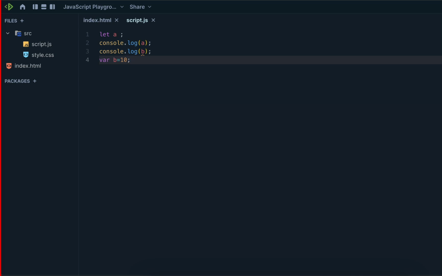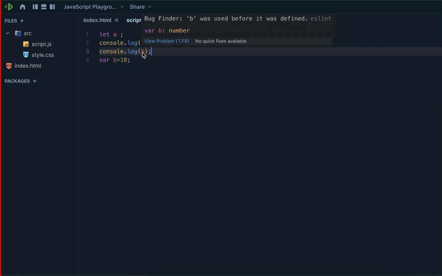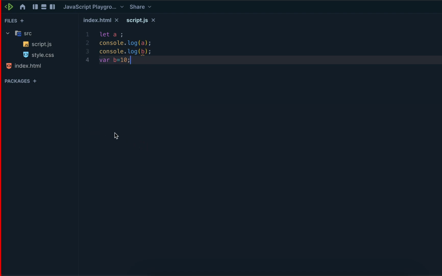So I need the output for console.log a and console.log b. Who will answer this question? Console a is undefined. Okay, what about console b? Error. Okay, what about...